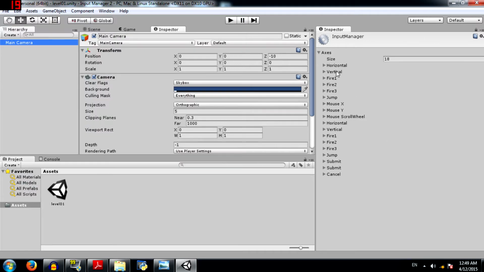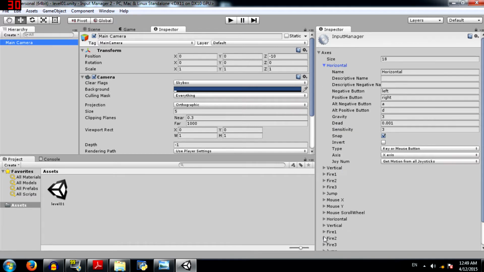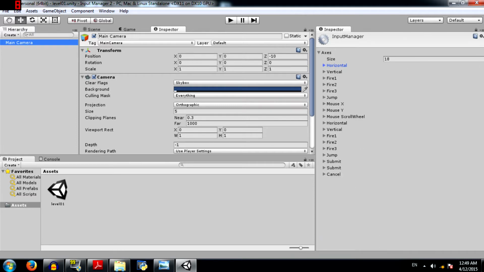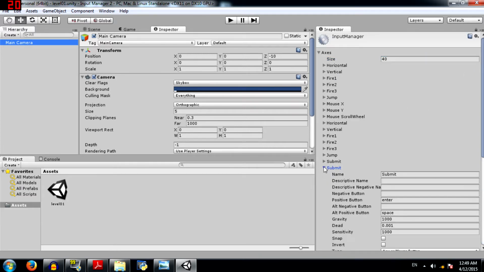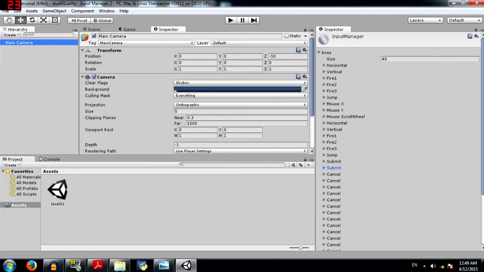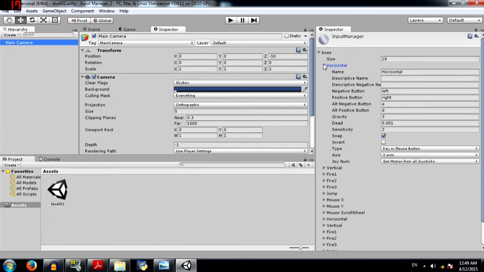This right here is the input manager, and this list over here is a list of axes and buttons. Each and every one of them is completely customizable. Also, you can increase the number of axes to your preference, and you can change their names as well. So let's change this back to 18 because we don't really need all that many for this project, and expand